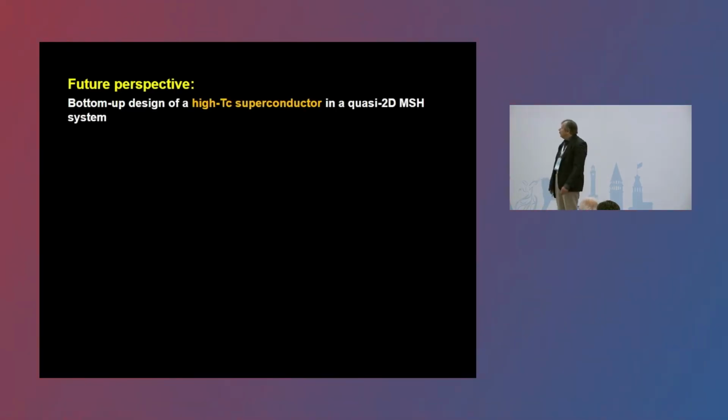Now this is my final slide. What are the future perspectives? We are really looking forward now to bottom-up design of something like a high-TC superconductor, maybe not yet at room temperature, but in quasi-two-dimensional magnet-superconductor hybrid systems. So the idea is not to start with very complex materials where the physics might be very complex to describe, but really to have something like a minimal experimental model system and a minimal theoretical model